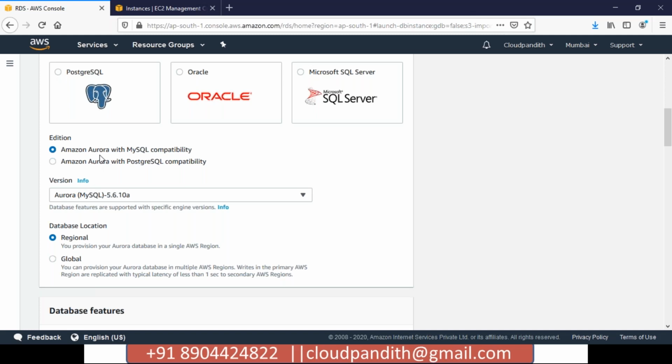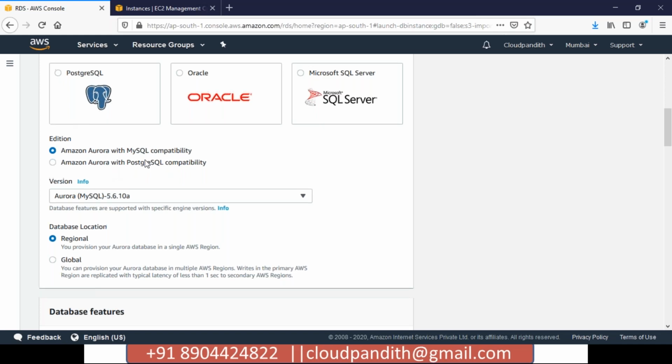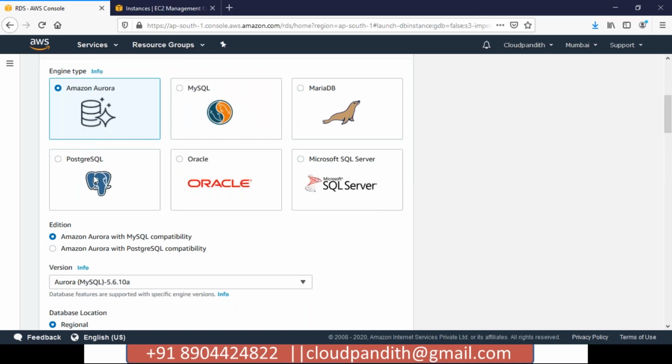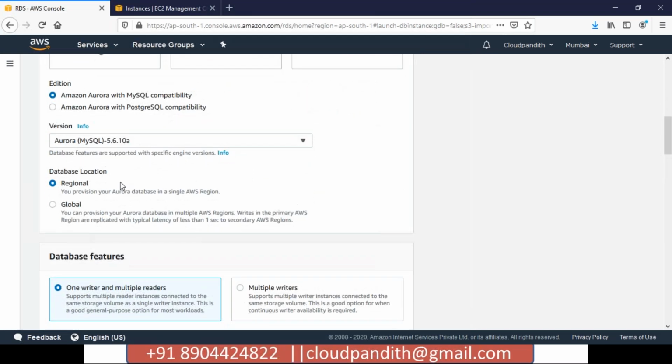Not only two, you can maintain them in 3 availability zones. It will give you better performance compared with MySQL and PostgreSQL. That's why people prefer Aurora, but Aurora is specific to AWS. This particular service is available only in AWS. Other services like SQL Server, you can create even in other cloud providers.